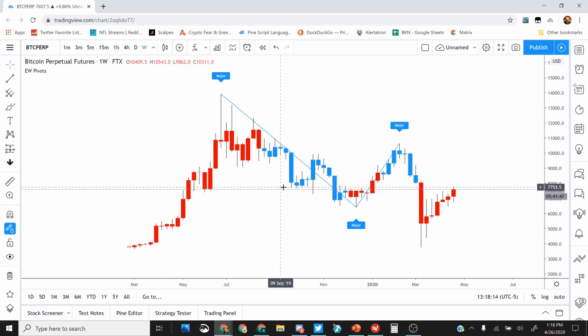What's going on, guys? Let's talk about some Bitcoin and Ethereum in the overall markets. First thing, I'm going to start off by scrolling through some charts showing you just how to use this Elliott